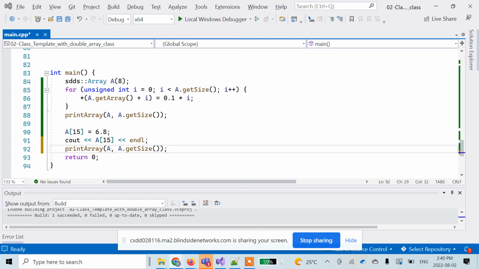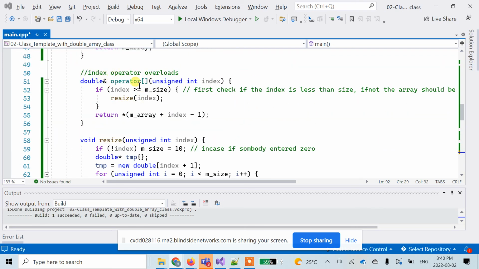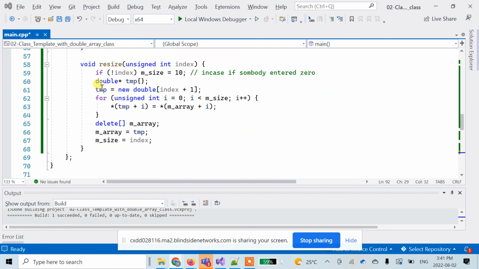We put 6.8 because this 15 was greater than 8. In this index operator, because the 15 was greater than 8, definitely resize has been done, and in this resize we just made this double bigger, and what we copied